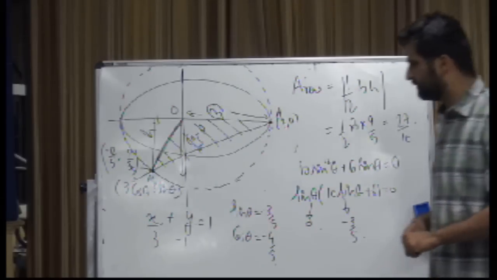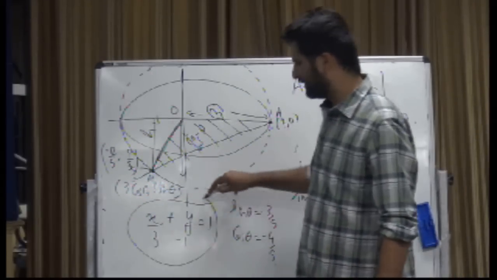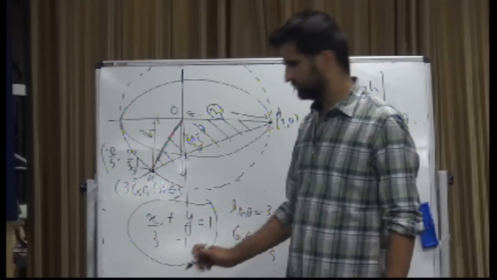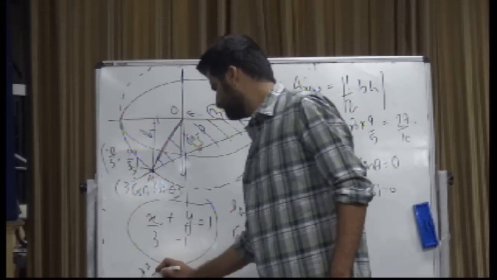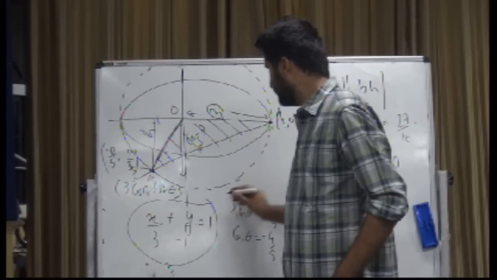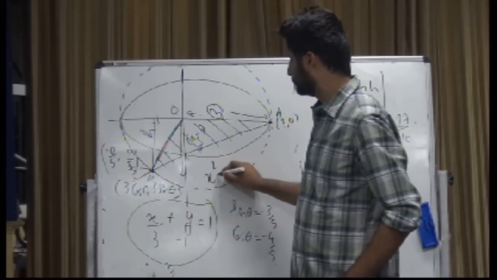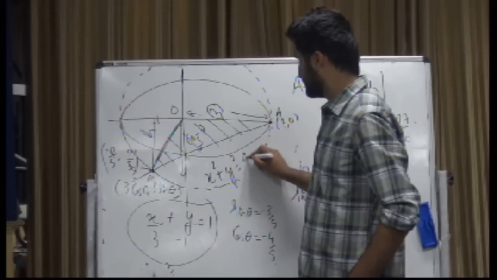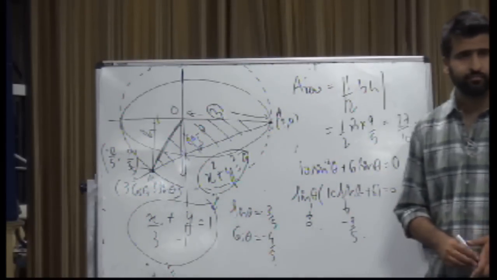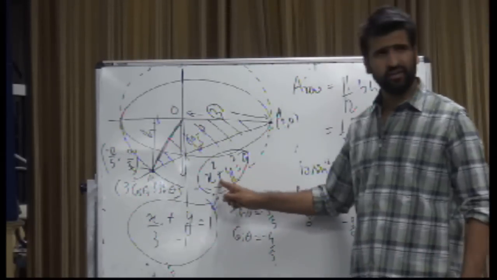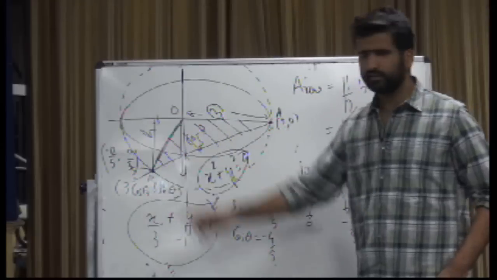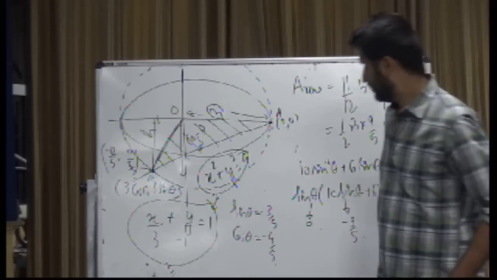Even if you solve it with this, it will not be tough. You know the equation of the straight line, you know the equation of the circle, right? Circle's equation is x square plus y square is equal to 9. So these are the two equations. Solve these equations simultaneously, right? You can put the value of y from here in here. You will get the value of x. Similarly, you can get the value of y. You will easily get this coordinate. Okay. So next,